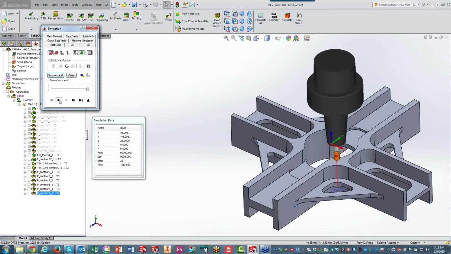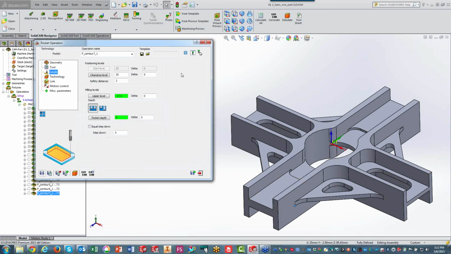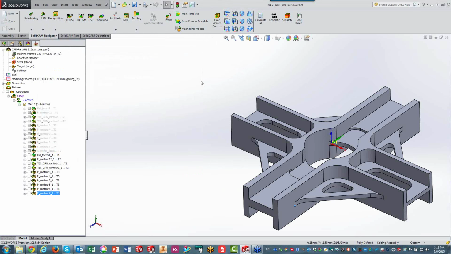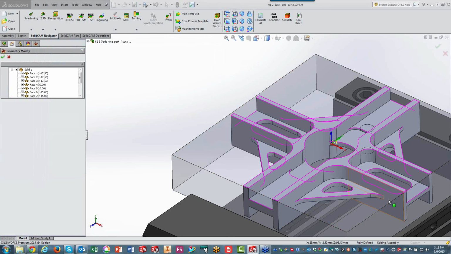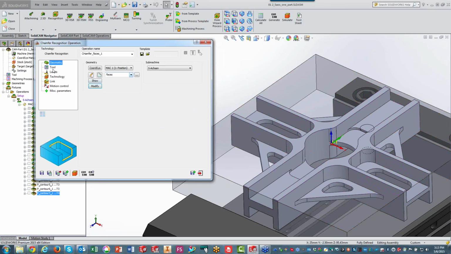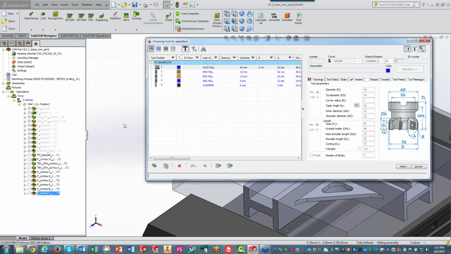Now, one more operation I'd like to do before I start going into the transform issue. I'd still like to break the edges on the parts over here. So I'll quickly do a recognition operation of chamfer recognition, where I choose the geometry I already created beforehand. As you can see, all the edges were chosen over there. My tool will be a chamfer,